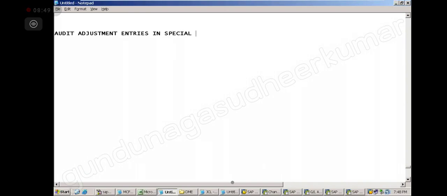Special periods, not year ending. Understand? After the year is over, when we take our books of accounts to an auditor, he will say some adjustments need to be done, right? And at the bottom you have audit notes and all, correct? So I hope everybody knows what a special period is, right? Yes, sir. So in the special period, auditors are going to get our books of accounts audited, correct?